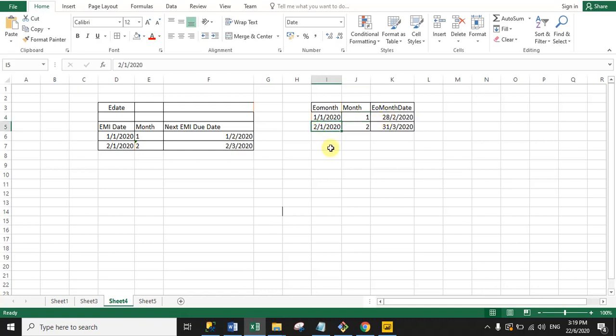And now here my date is 2nd January 2020, right? And here I passed 2 months. 2 months means March, and in March we have 31 days, so it will expire my order on 31st March 2020, right? That means every month's last day. So here I added 1 month, and in February we have 28 days, so it expires on 28 February 2020. Here I added 2 months, so that means March, and in March we have 31 days, so it will expire my order on 31st March 2020. So hope you clear how EOMONTH works.